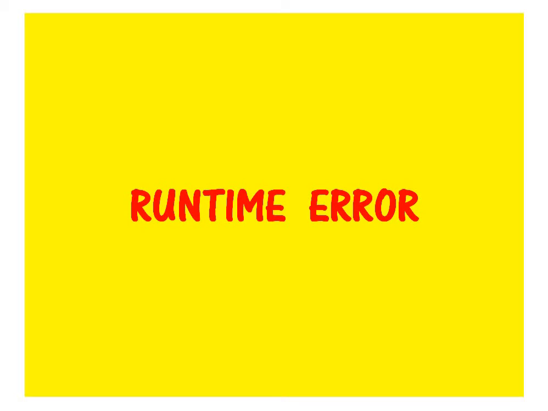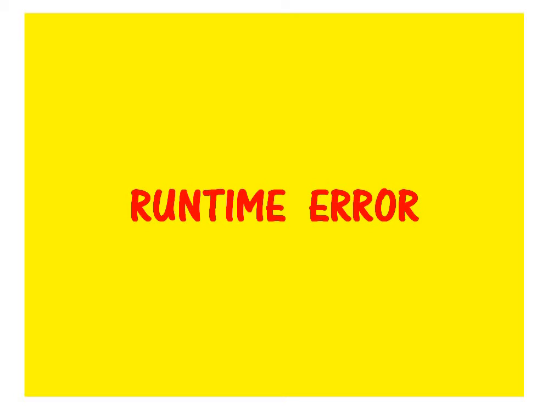Second, runtime error. This kind of error occurs due to performing an illegal operation. It occurs at the time of execution. Illegal operations are those operations which don't have permission at runtime. If the program is translated with no syntax error, after that, in the linking process, the .exe file is generated. During the execution of the program, if the user performs some illegal operation, the computer detects this error at runtime, and the program is stopped and crashes.